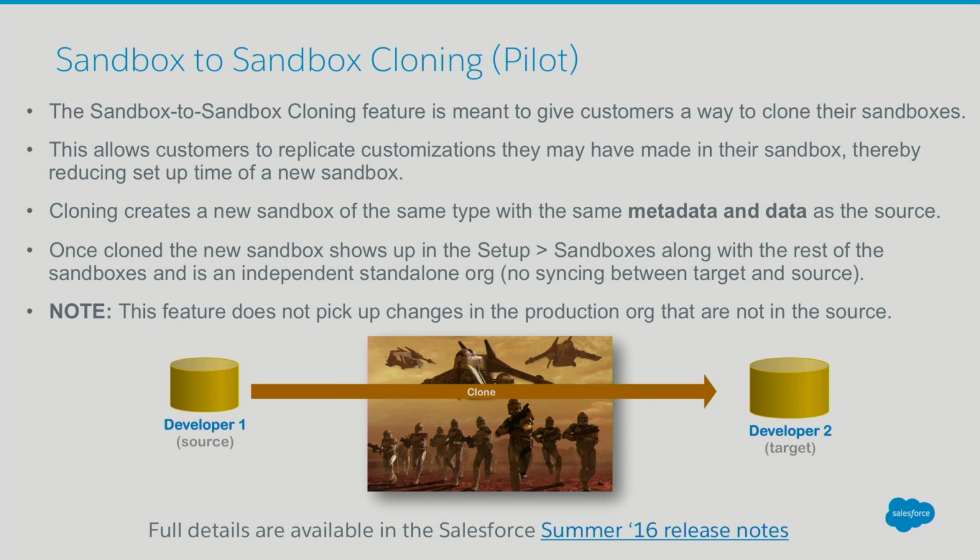Another great use case that my customers gave me was there always comes times when you're working in your sandbox, but you do need to refresh and you don't want to lose that work you're doing. Build that change set, and then clone your sandbox. You can then refresh your source sandbox, and once the refresh happens, move that change set from the target back to the source. So that way you don't lose anything. It's a couple extra steps, but it makes things really easy for you to be able to refresh that sandbox